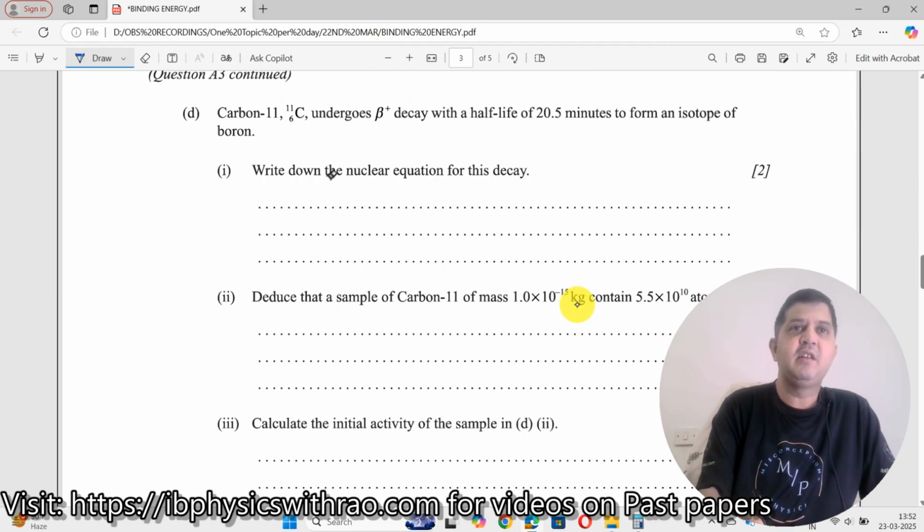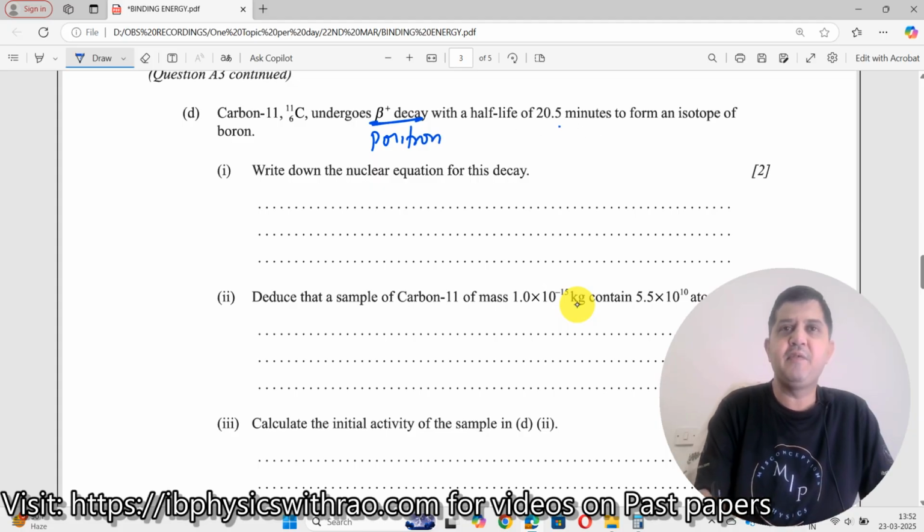Carbon 11 undergoes beta positive decay. What is beta positive decay? Positron decay, with a half-life of 20.5 minutes, to form an isotope of boron. Write down the nuclear reaction for this decay. Very easy question. What we'll do is we'll write